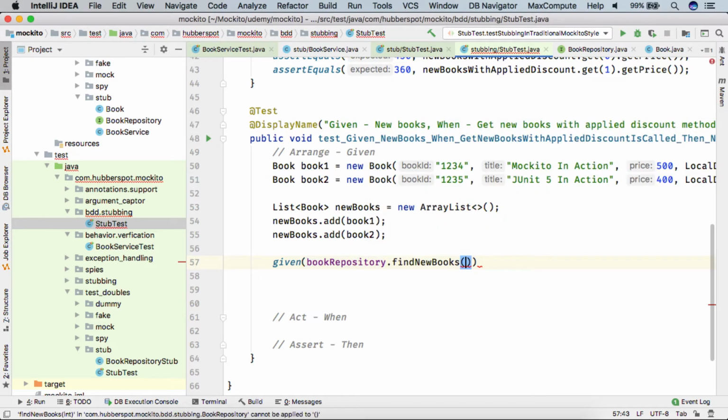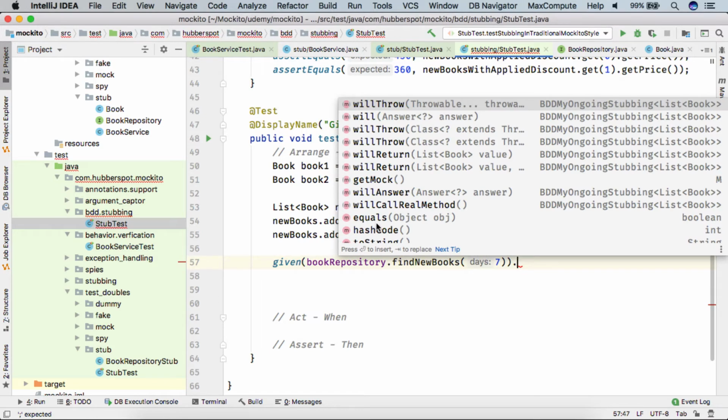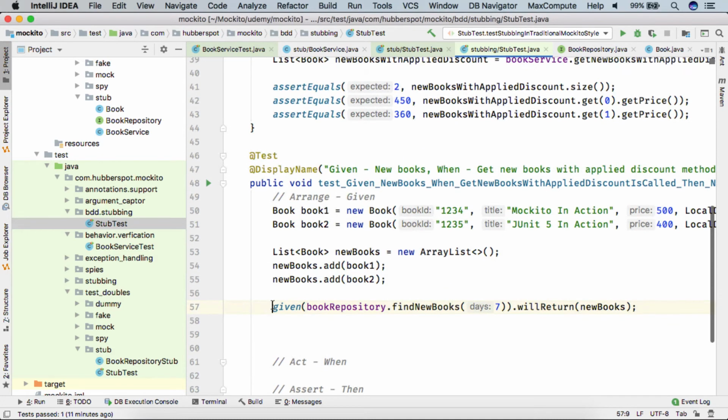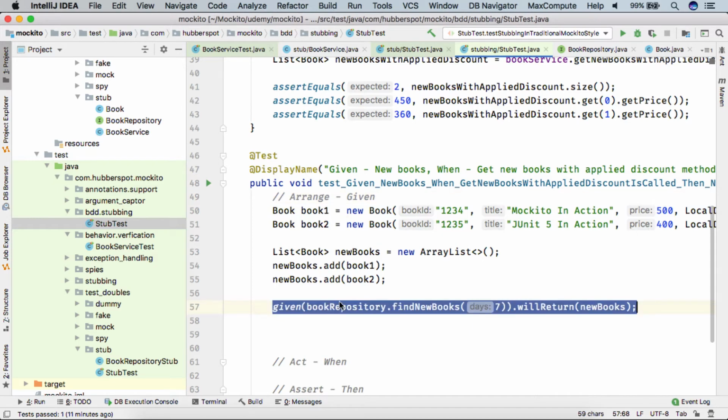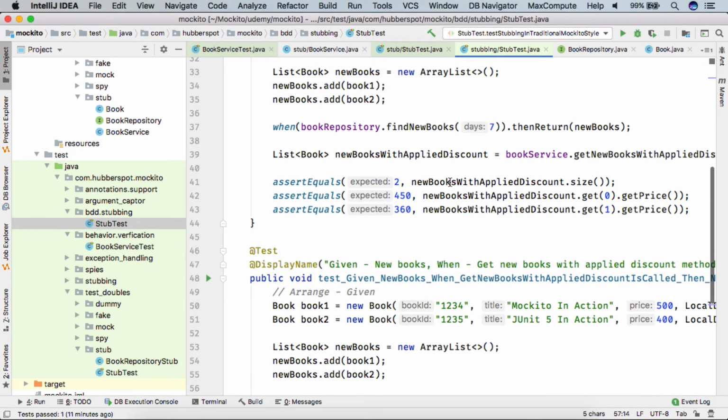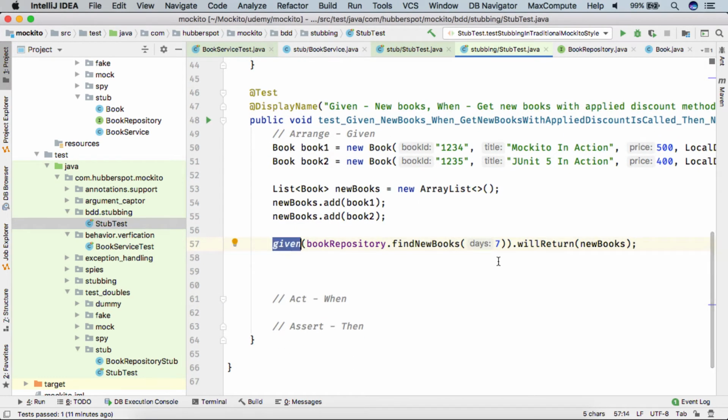We mock this method out, passing the value as 7, and instead of then return, there is a method called will return. So will return new books. Here you can see this stubbing is part of our given phase, because we can't test our method without this stub. So instead of when then return, we can use BDD Mockito's given will return.